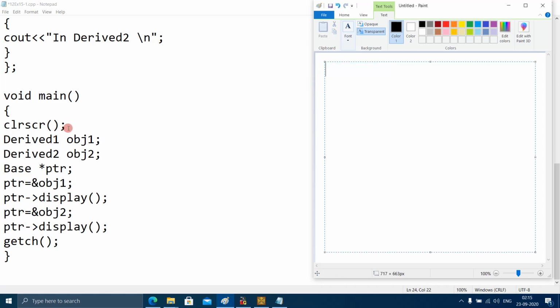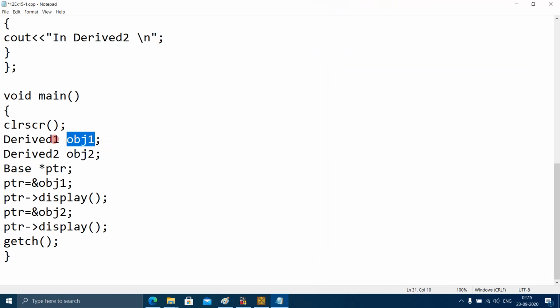CLR SCR is going to clear the output screen, and then we have created the object of derive1, then we have created the object of derive2, and we have created the pointer of class base.